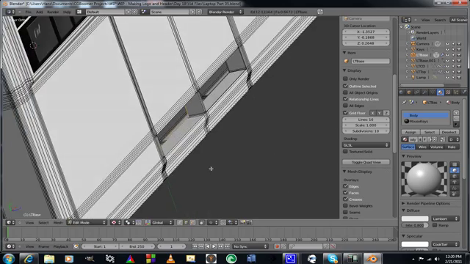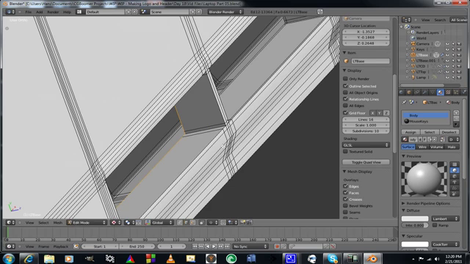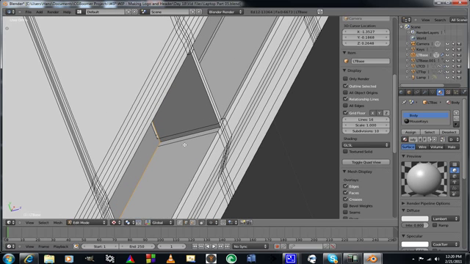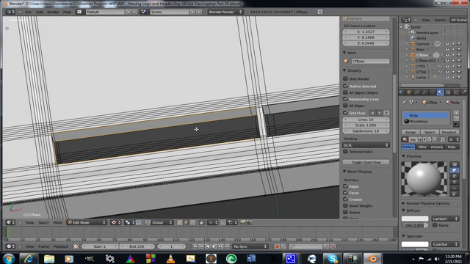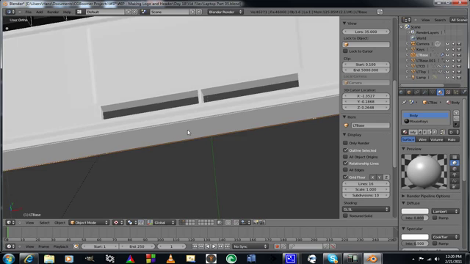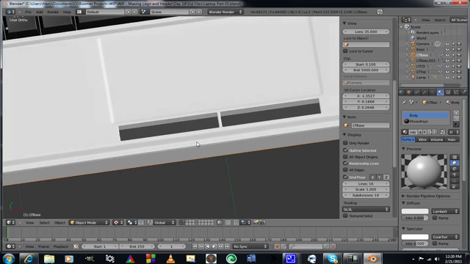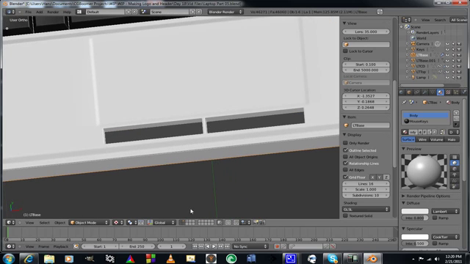Alright, I don't know where that one merging thing came in, but it's gone, so I'm happy. So now let's go Control R, add in 2 loops, and then S and Z, and move that up. And let's go into object mode, and you can see that I've now got holes where my buttons can come through. So if I bring my buttons back,